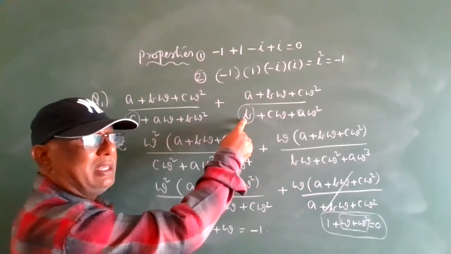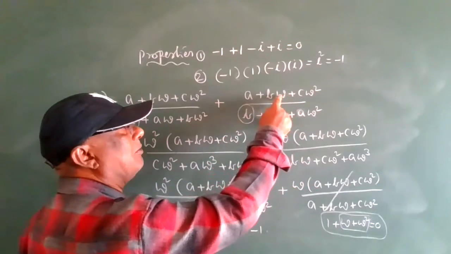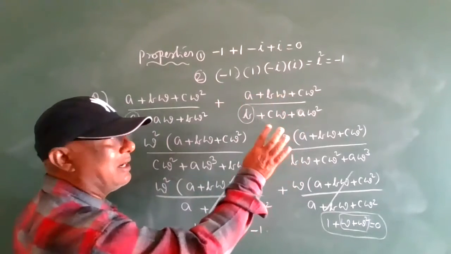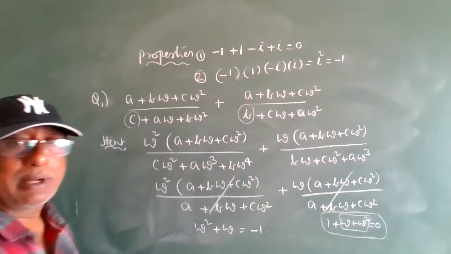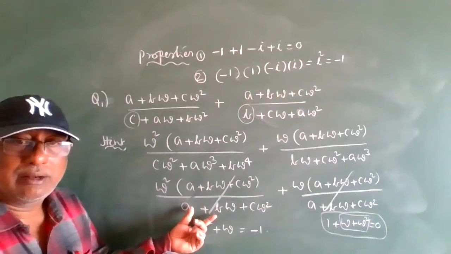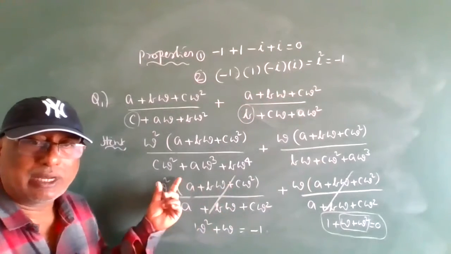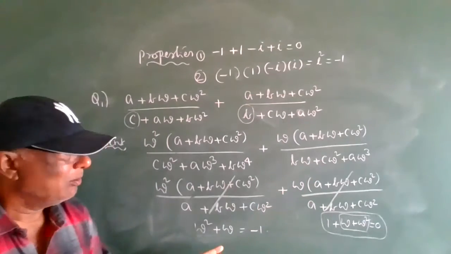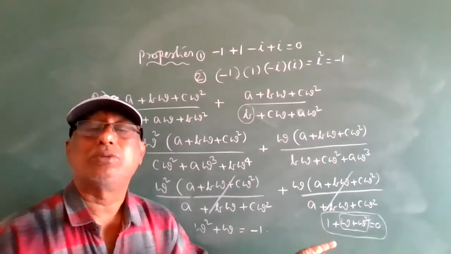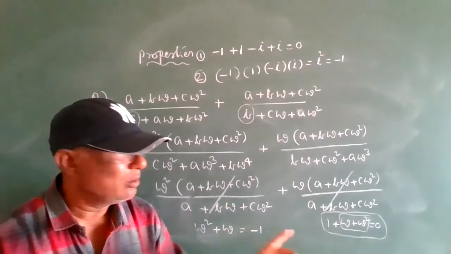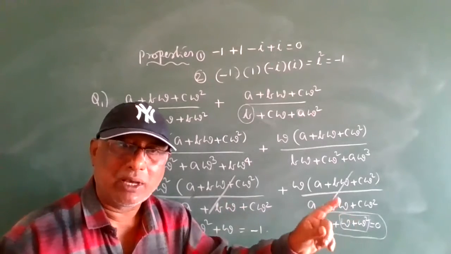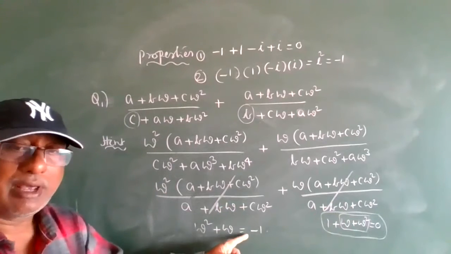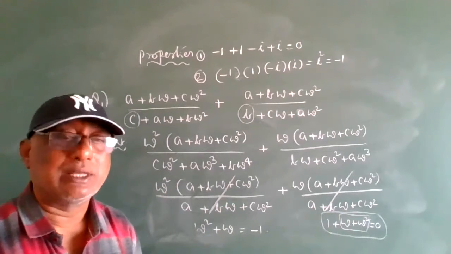With B is the constant. Here B has omega. Multiply omega in the numerator? Don't multiply, just write down. But the denominator you should multiply, and simplify. Then by the cancellation of these two, we get omega square. By the cancellation of these two, we get omega. We know the property 1 plus omega plus omega square is equal to 0. From this, omega plus omega square is equal to minus 1. Therefore, omega square plus omega value will become minus 1, which is the answer.